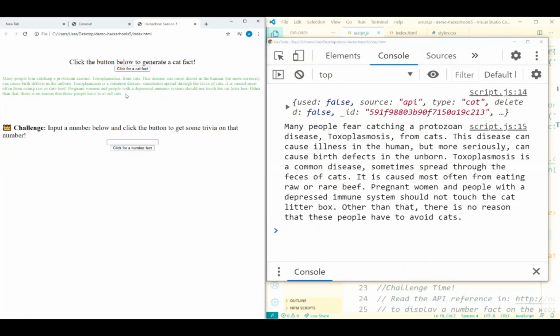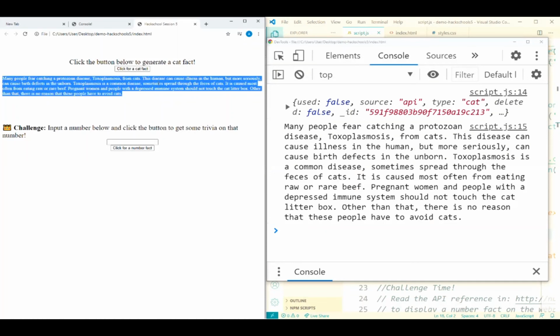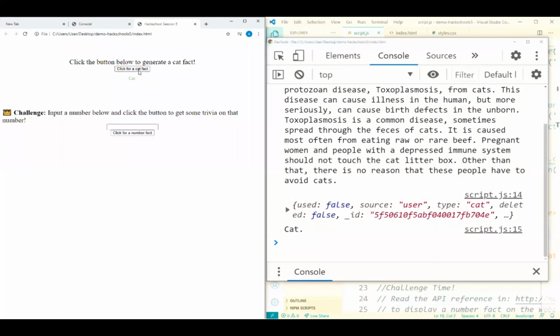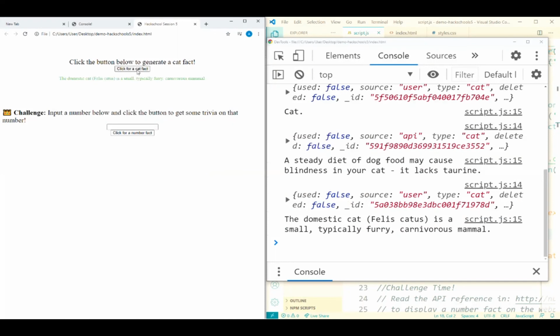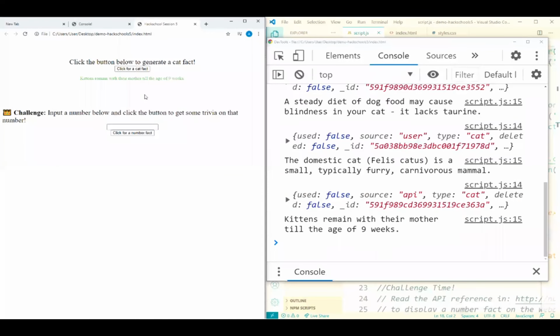Well, this is a very long cat fact. And we can click it again. Oh God, what is this? Anyways, that seemed to be some sort of error, or it may have been a joke. But yeah, we can click it again and again for new facts and new facts. So there we go. That is our demo. Do we have any questions?